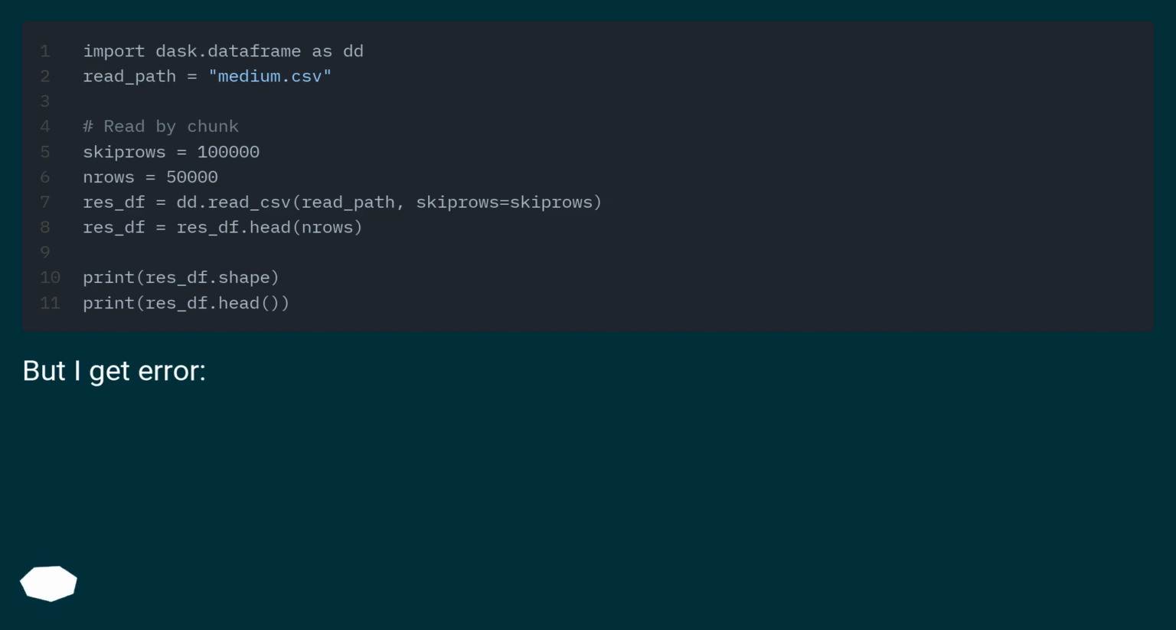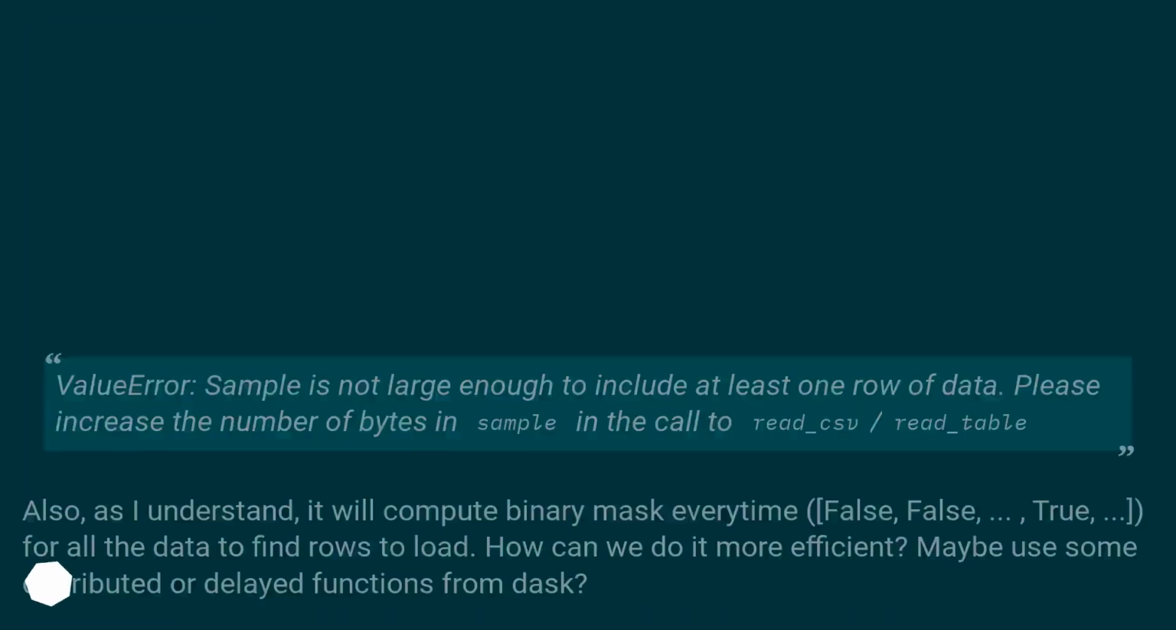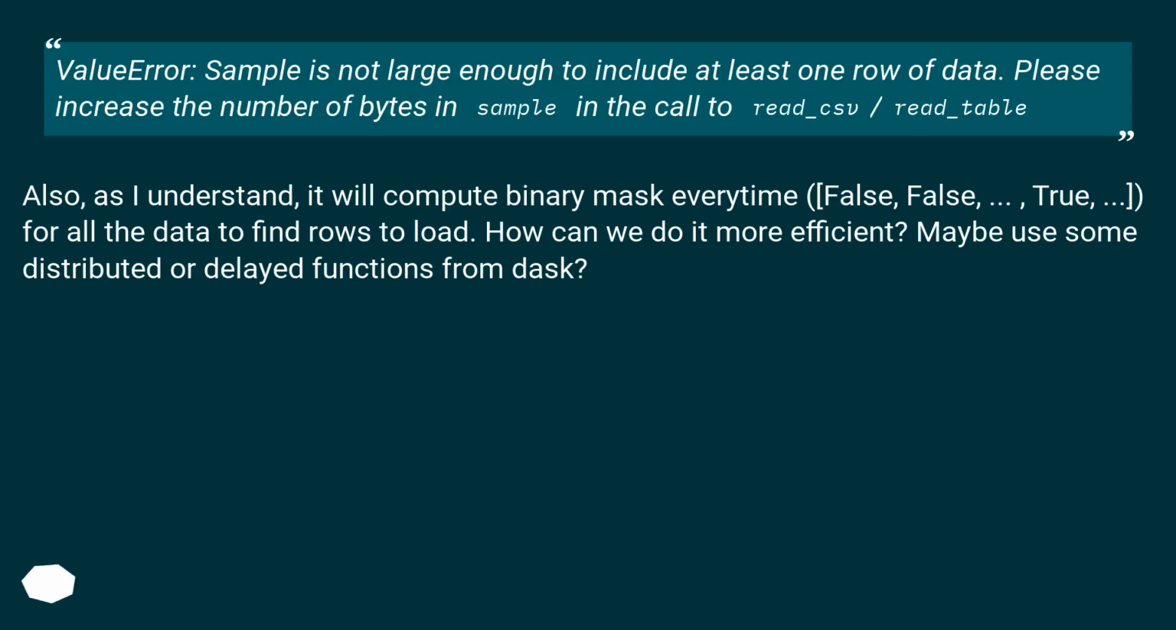But I get an error. Value error, sample is not large enough to include at least one row of data. Please increase the number of bytes in sample in the call to